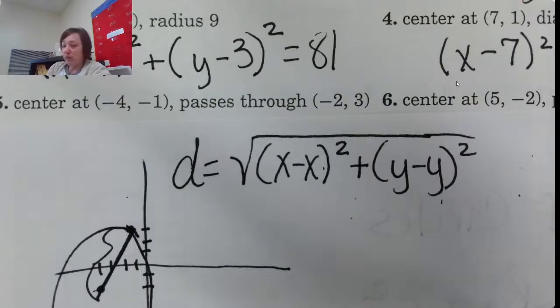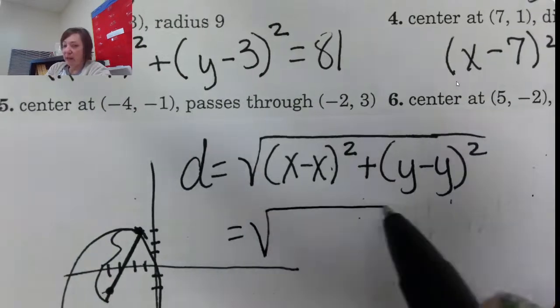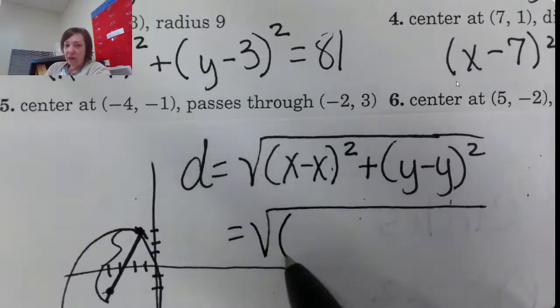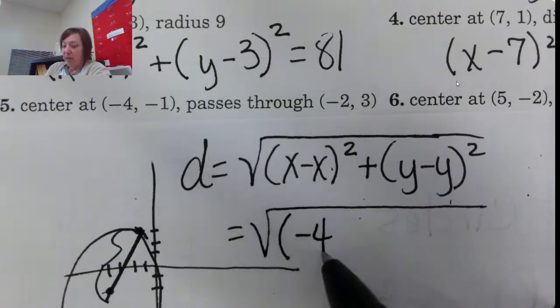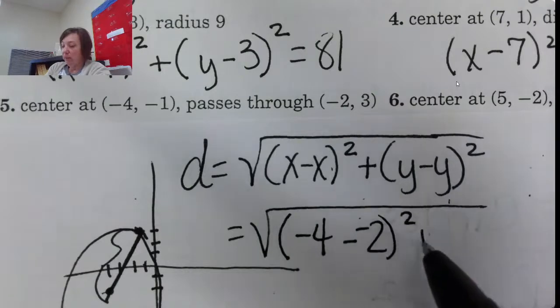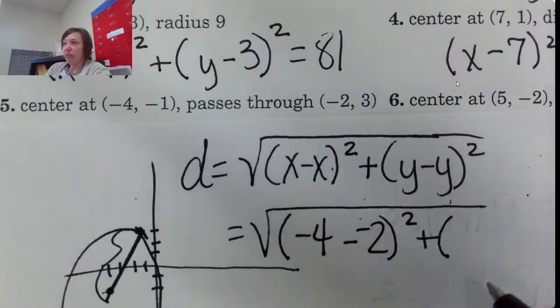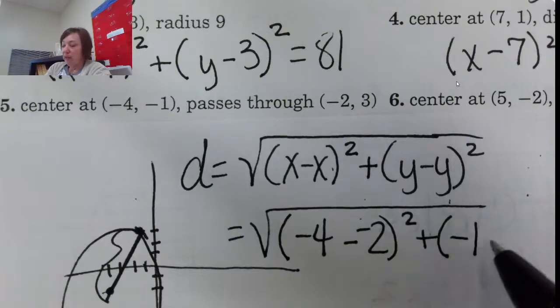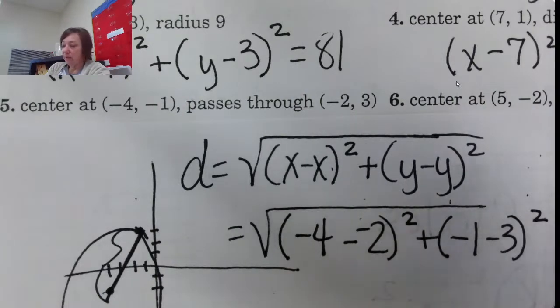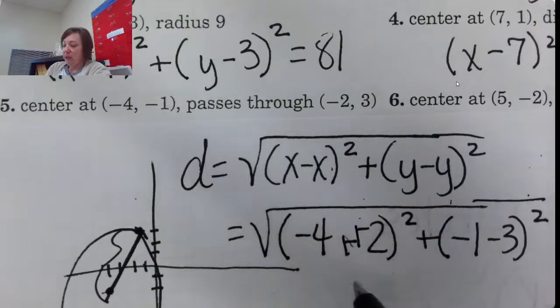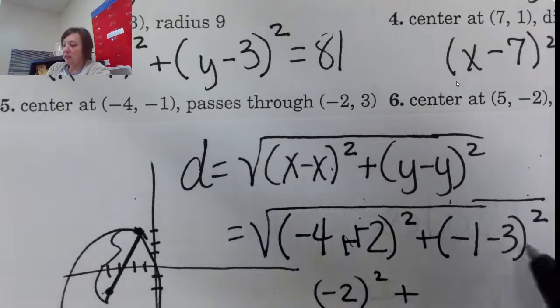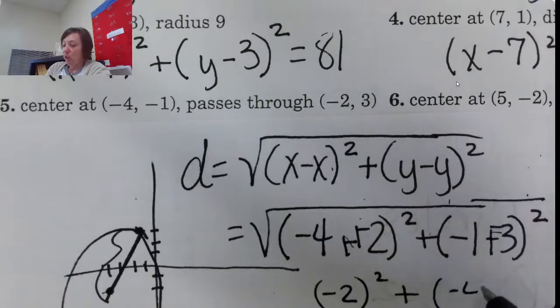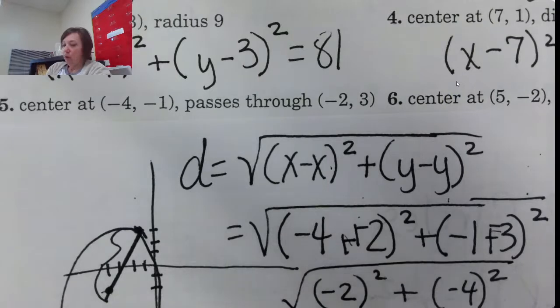So in this case, we can plug in our values for this. So we've got, what is x here? -4 minus -2, right? Does everybody see where I got those numbers from? And then -1 minus 3, right? So this is going to be -2 squared, and this is going to be -4 squared. Is that right? So that's going to get me 4